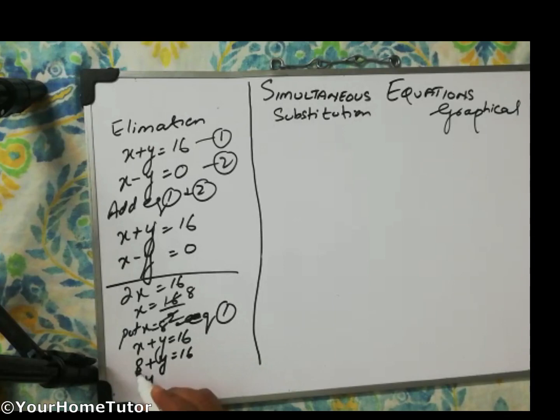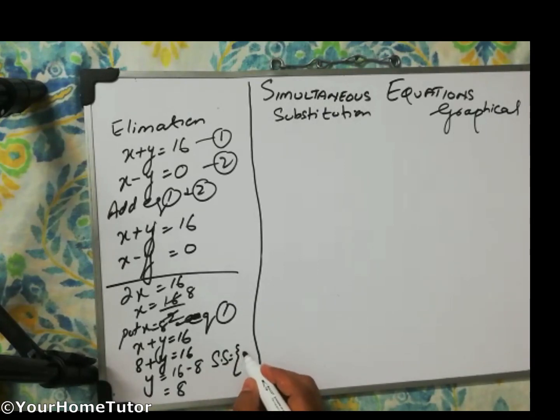8 is adding. When we shift to the other side, again a mathematical rule or the rule of equation. If we are removing 8, we have to subtract 8 from both the sides, or we'll directly shift 8. 16 minus 8. So y comes out to be 8. So what will be the solution set? Solution set will also be again in the alphabetical order, x and y. So value of x first and value of y second. In this case, definitely both the values are same, so there is no difference.